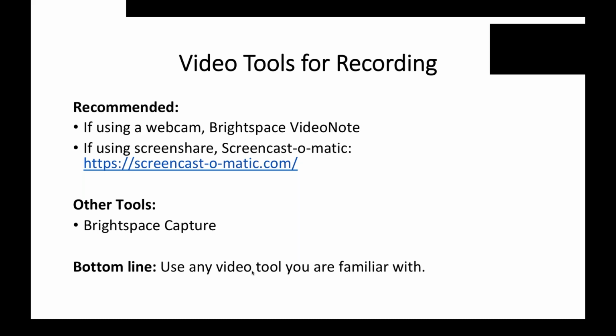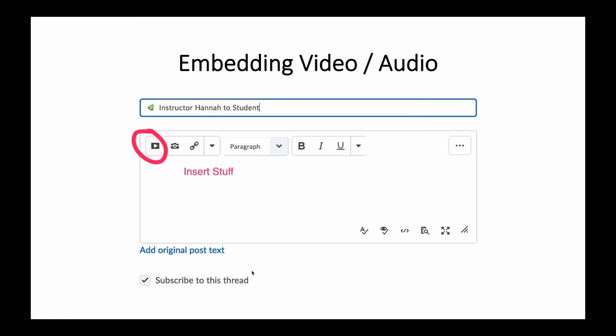There is one caveat though, which is Jing. Unfortunately, we have just had tremendous issues with Jing effectively embedded within posts and feedback, and also with students being able to view Jing videos. So for those of you who use Jing and really like Jing, Snagit might be an option for you because it's also created by TechSmith.